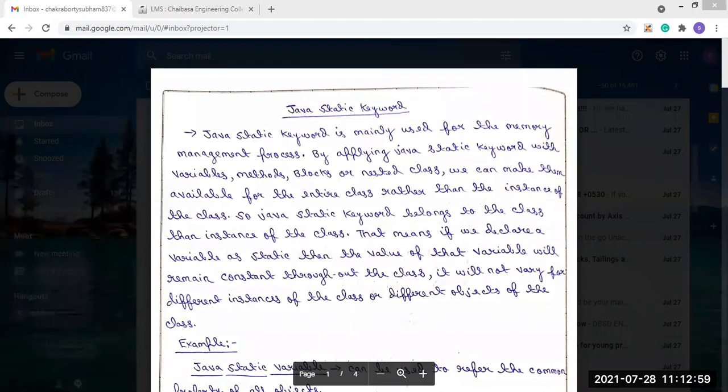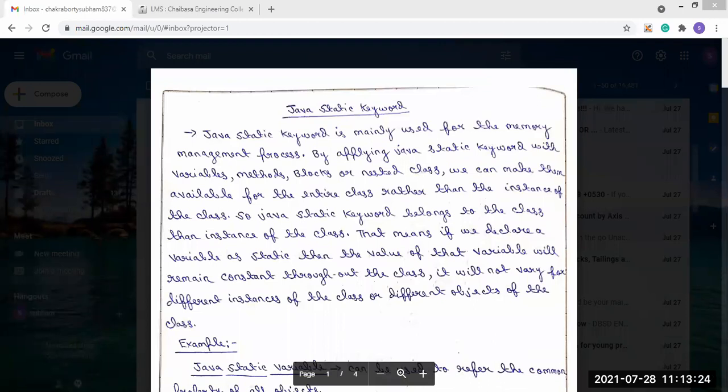Today in the Java programming class, we will discuss the Java static keyword. The Java static keyword is used for memory management.